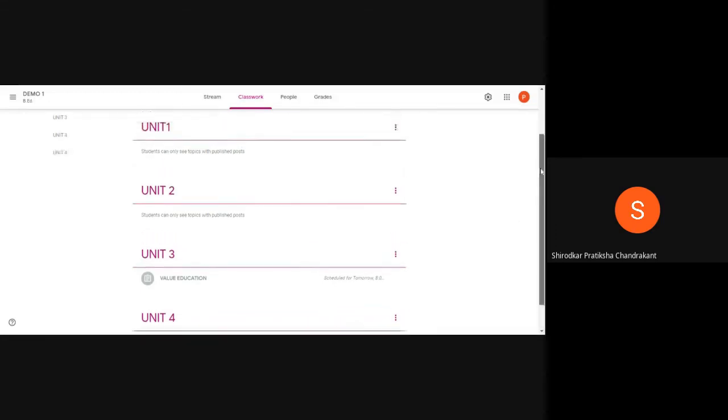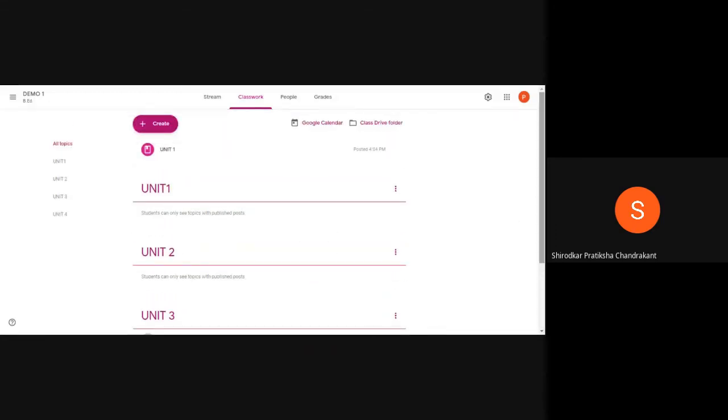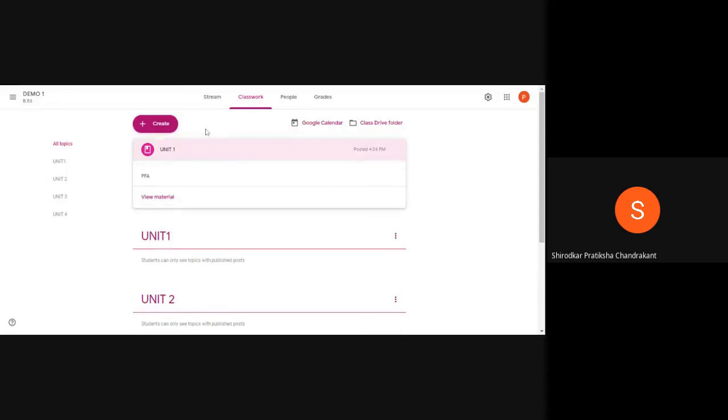Okay, so now we know how to schedule the assignment, we know how to share material with the students, we know how to add criterion in the rubrics. Now a very important aspect is grading. Now grading is something which has been thought of in various ways, there are various ways people grade. Okay, there are various discussions on that, but this particular app of Google will help you make this process very effective and very just. Okay, so in order to know how to grade,